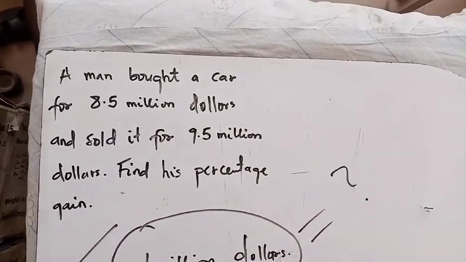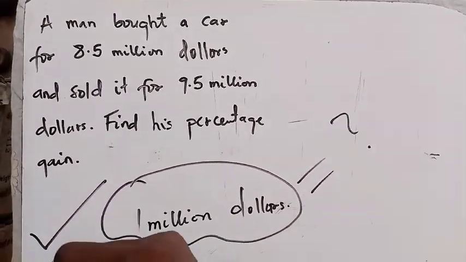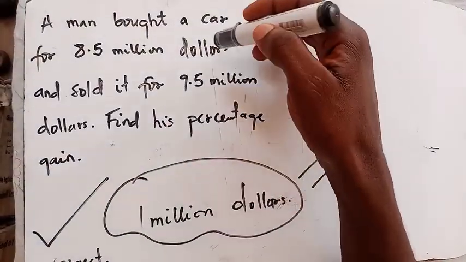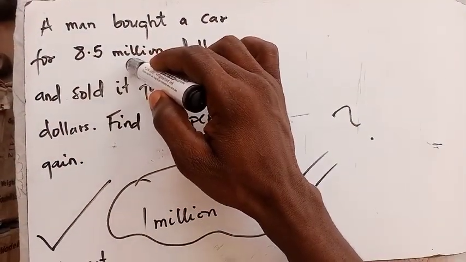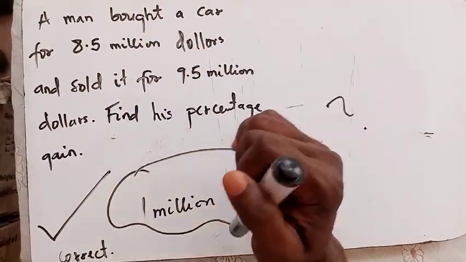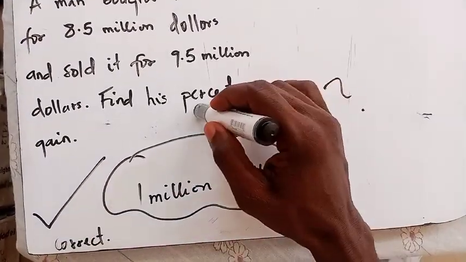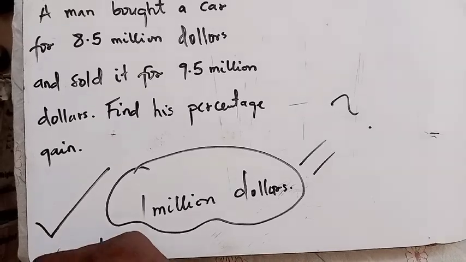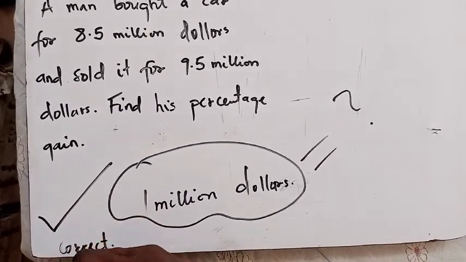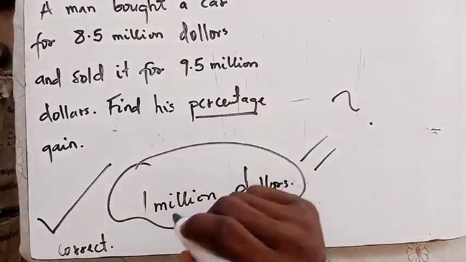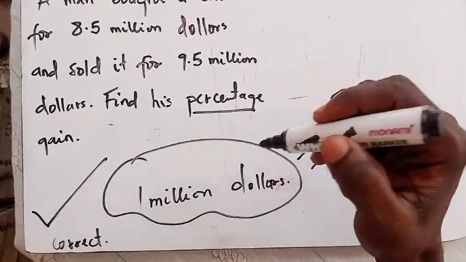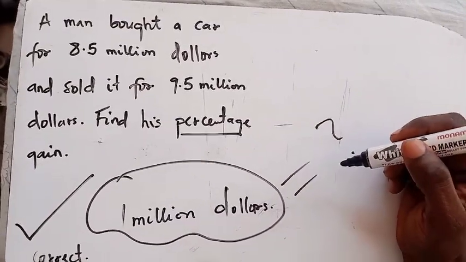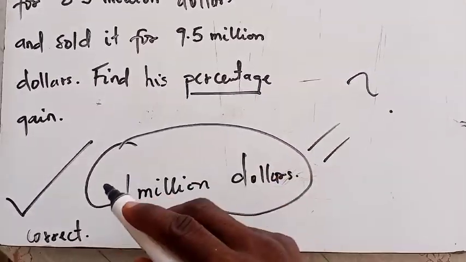You can see that this guy is making some amount of money, right? Because this is the money he used to buy the car, and this is how he sold it later on. So for sure that is going to be a percentage gain, or maybe an increase, or maybe a profit, you can call it like that. So the question is this percentage. Which method or which definition are you going to use to arrive there? Maybe you may guess that this is correct.